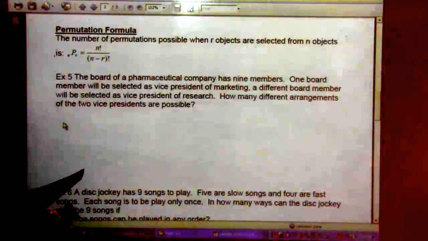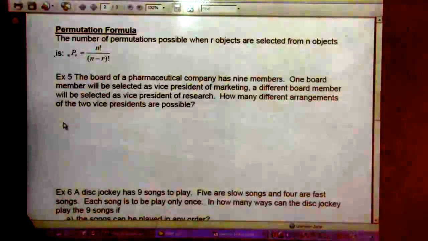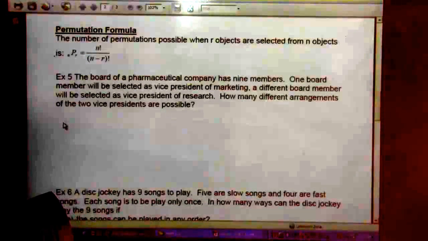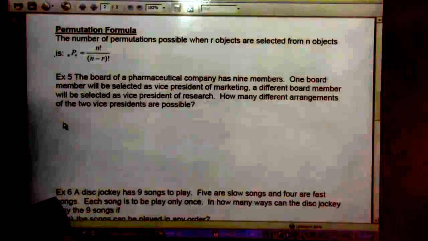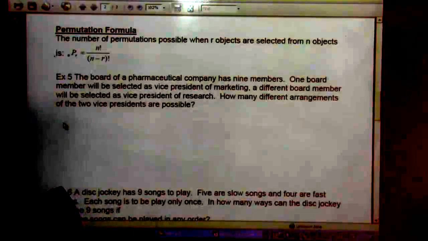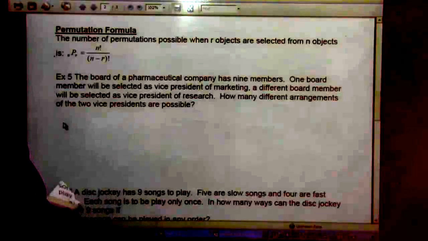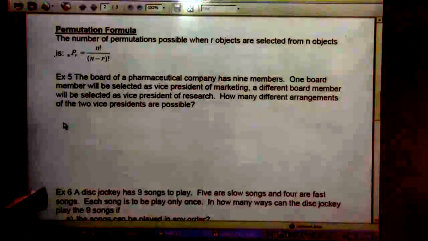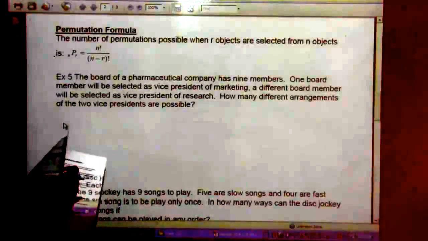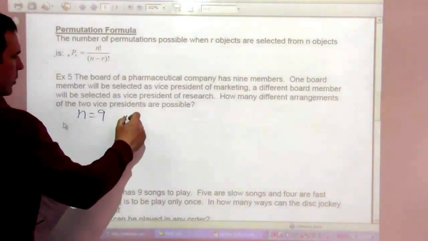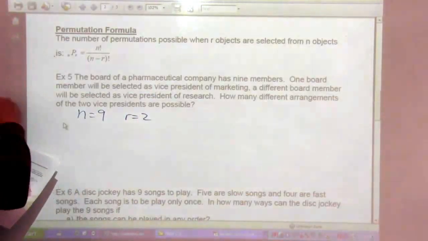The board of a pharmaceutical company has 9 members. One board member will be selected as vice president of marketing. A different board member will be selected as vice president of research. How many different arrangements of the 2 vice presidents are possible? Well, there are 9 people on the board, and there are 2 positions. So we're looking at